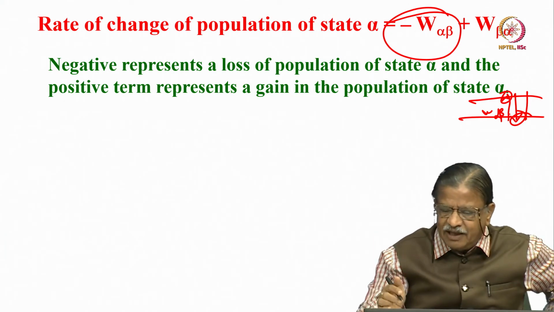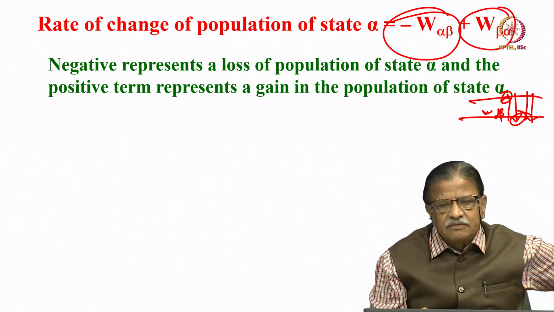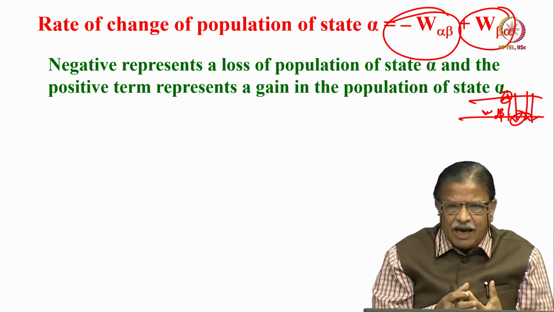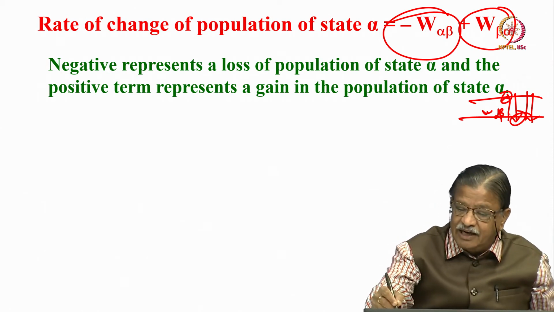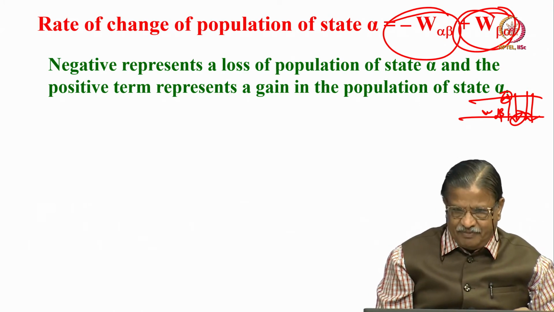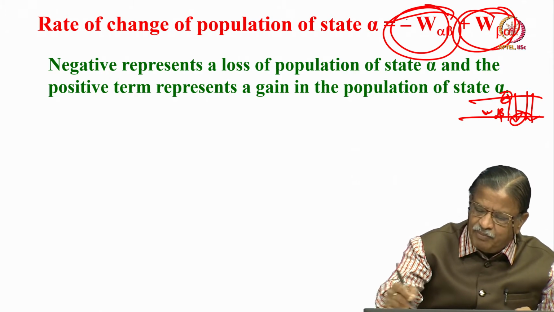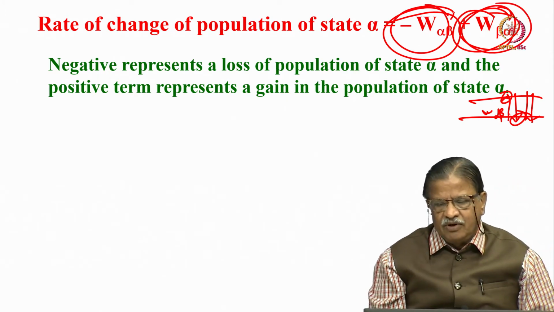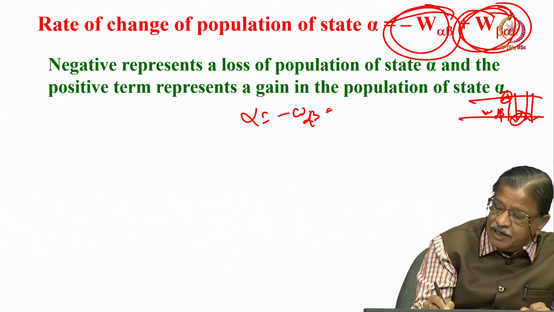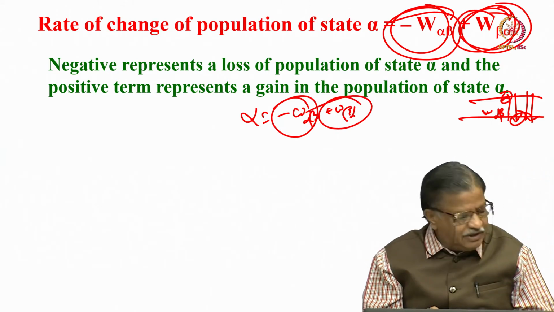Now another thing that is happening is, the spins are also coming from beta to alpha. There I am adding up. There is incoming population. Spins are coming back to the alpha state. That I call plus. So the total change of population of this spin state alpha, if I consider how much population change is going on, some are going out, some are coming in. So this is considered as: change of alpha is equal to minus W alpha beta plus W beta alpha. This is going out, this is a loss, this is a gain. That is what is happening.